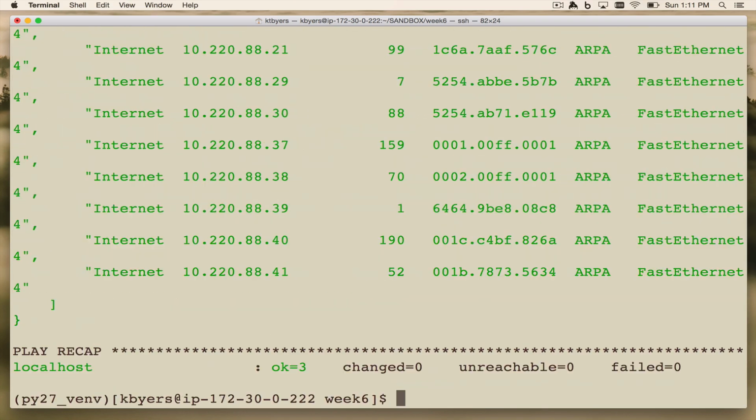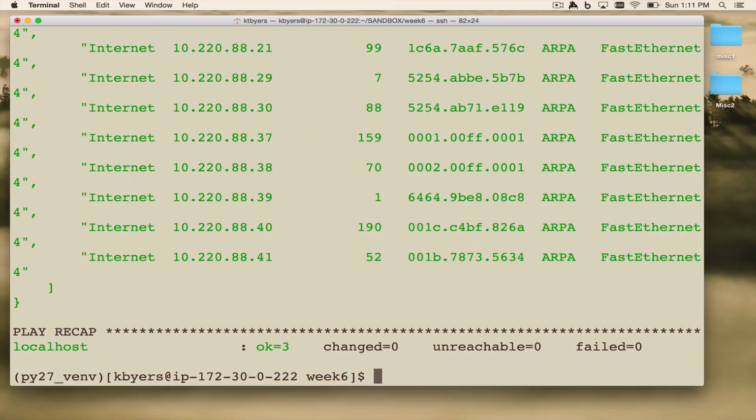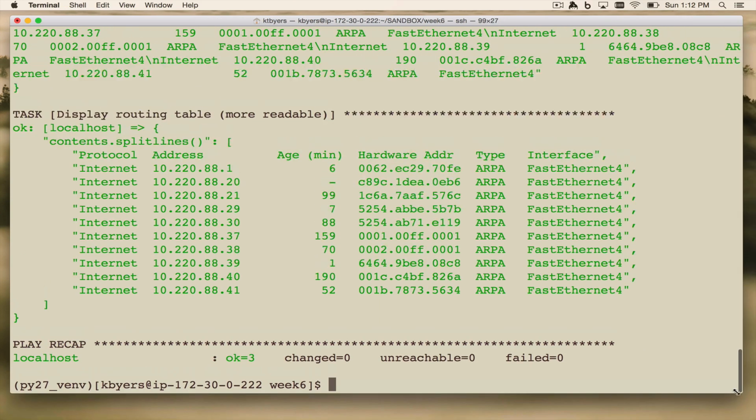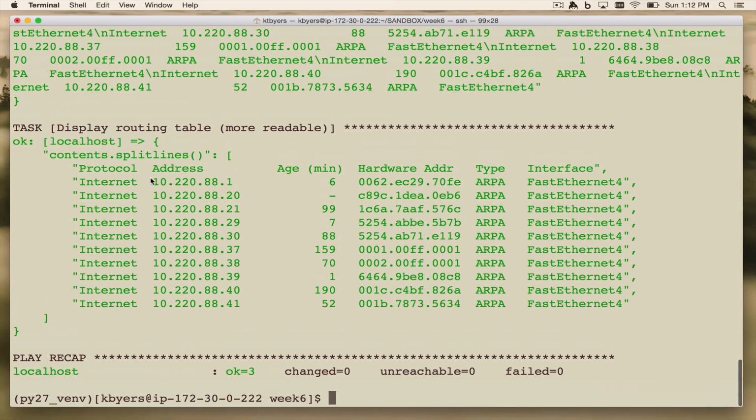So let's go ahead and look at that output. Now you can see we have a nicer output format here. Much more readable. It's been broken up into a list, and each of the entries here is one of the individual lines